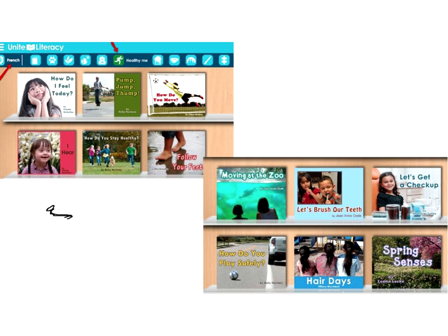a center. You probably noticed that, or you will notice when I go through a couple of more collections, that I have purposely selected online books with audio. Most of them have audio. I am very big on providing all students with reading opportunities, and I know teachers are struggling in class where some students are well below the reading level, and they just don't know what to do, because one teacher, sometimes you have an EA. This way, if you have your class set up in centers, they can all access and just listen to the